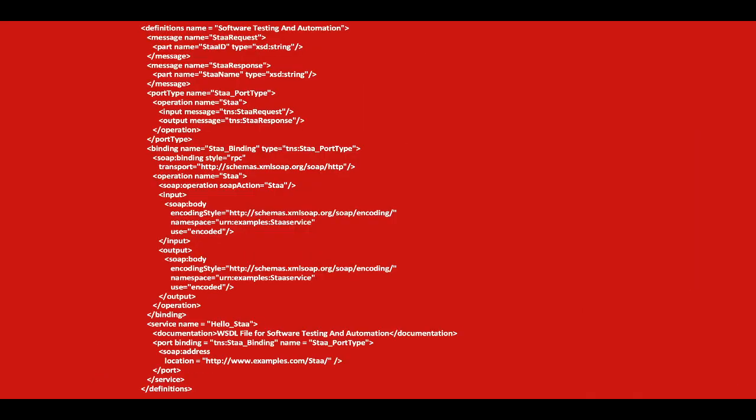So let's see an example of WSDL. This is one of the examples of a WSDL document. The WSDL file itself can look very complex to any user, but it contains all the necessary information that any client application would require to use the relevant web service.